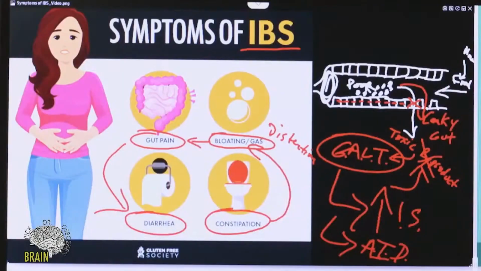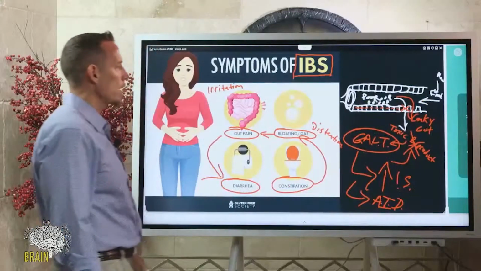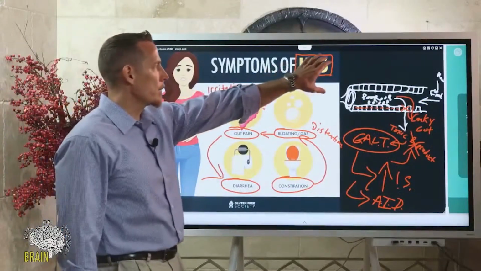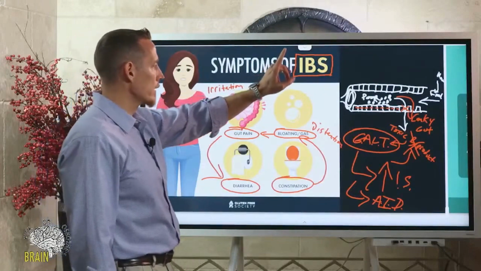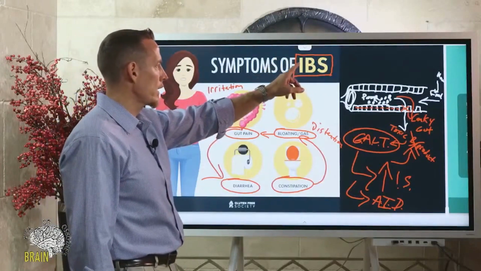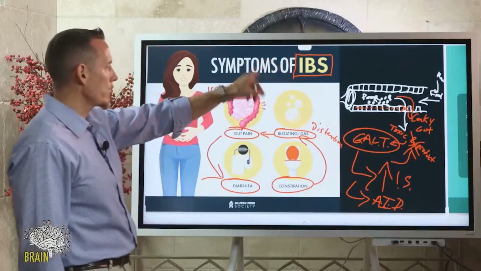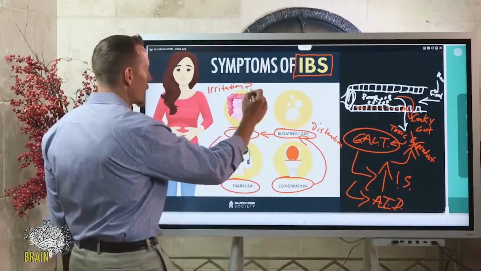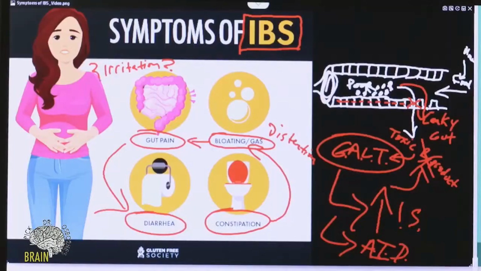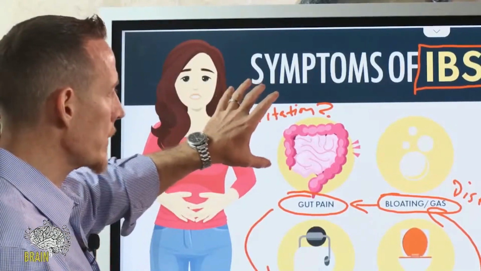irritable bowel syndrome. So the big question that we ask is, what is creating the irritation? This is a question when you go to a GI doctor, they love to throw this diagnosis at people. You have IBS-D, you have IBS-C. Okay, doc, if I have an irritable bowel, the number one question I can ask is, if my bowel's irritated, why is it irritated and what's irritating it, right? So this is the $1 million question, and if that question's not being asked, then you're going to miss the whole point. There's always got to be something. If we're talking about an irritated bowel, something's irritating the bowel.